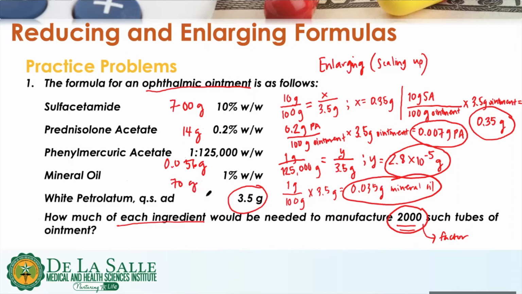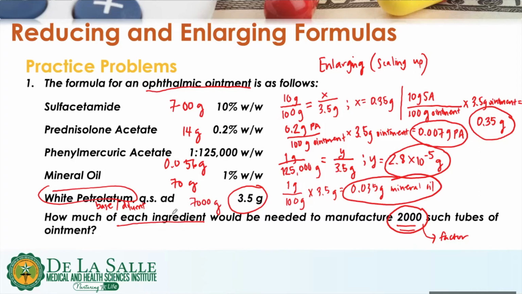70 grams. So all of that will be needed to prepare 2000 tubes of 3.5 gram ophthalmic ointment using white petrolatum as a base, or basically as a diluent. So if we were to determine the total weight of the ointment that will be prepared producing 2000 tubes of the ointment, we simply multiply 3.5 by 2000, and that will be equal to 7000